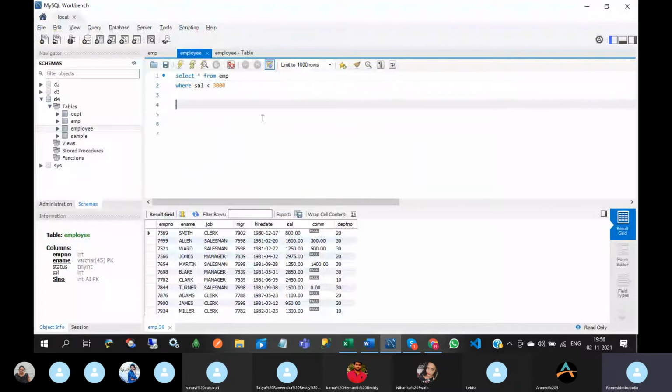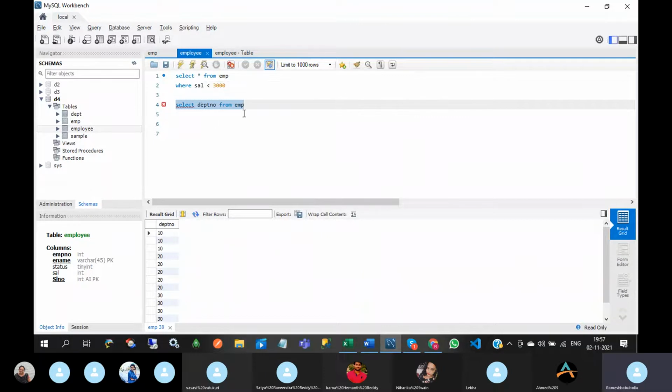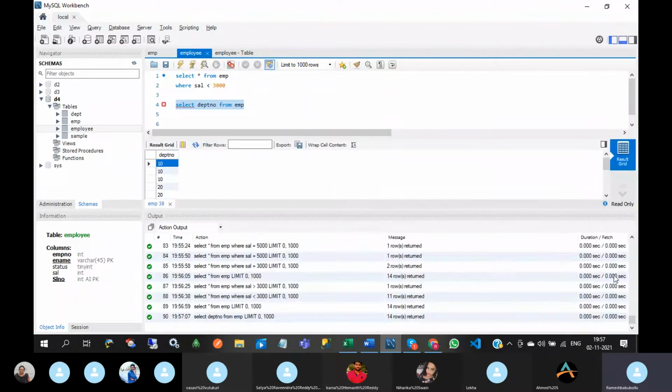Select distinct. Distinct means it will eliminate the duplicate records. Like, I want to display the list of department numbers in the employee table. Then I can write the query like this. From this query it will display the total number of records, department number and then values.